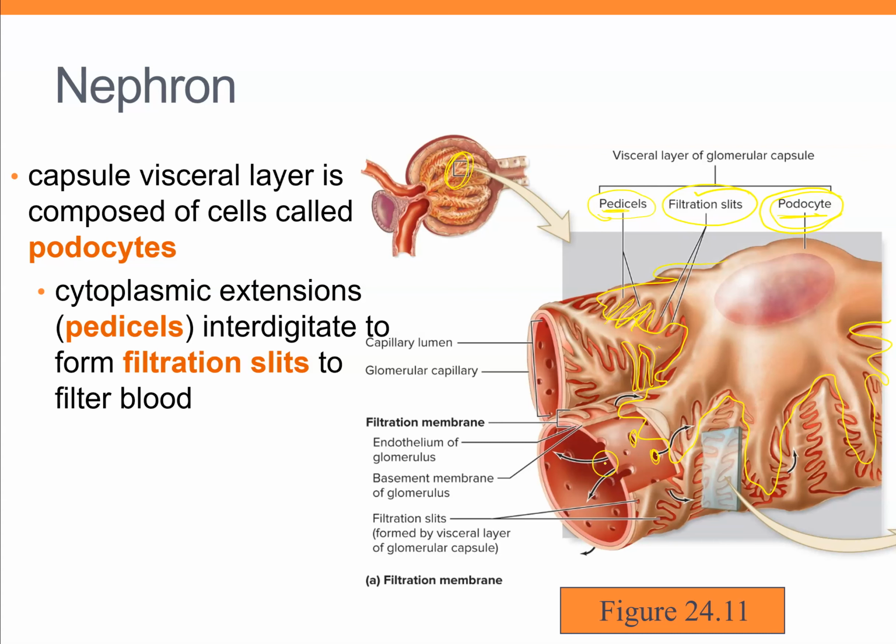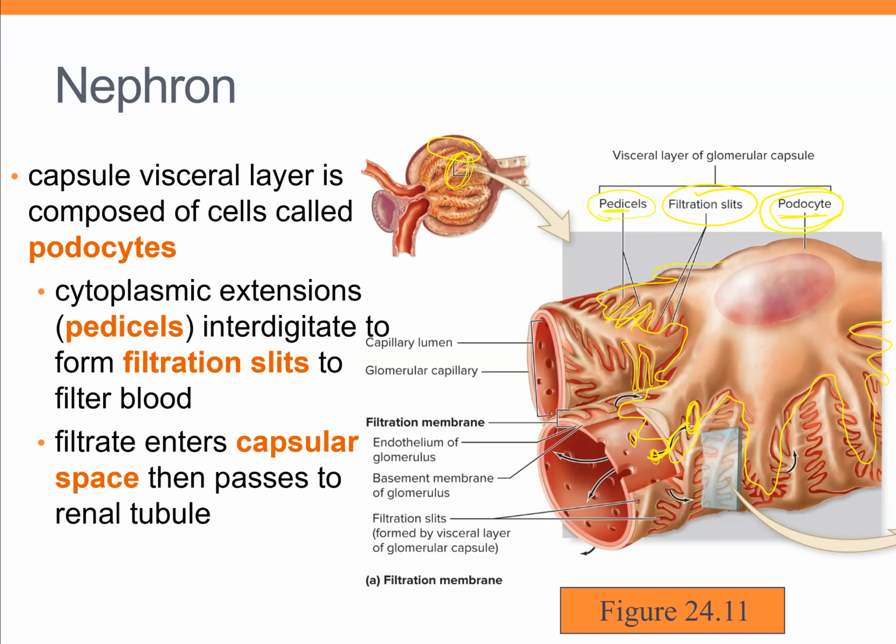Materials are able to come from the capillary out through those little holes, and then they can squeeze through those filtration slits. And that's how you're going to filter material out of the blood into that space that we just talked about. So the filtrate is what it's going to be called. That's the name for the fluid once it's pushed out of your blood vessel,